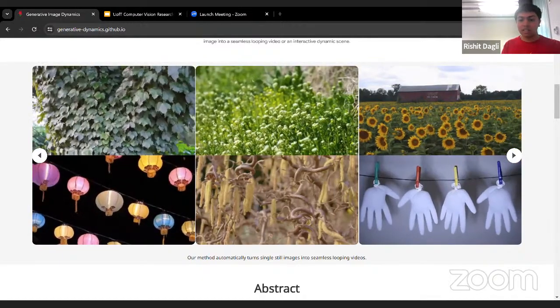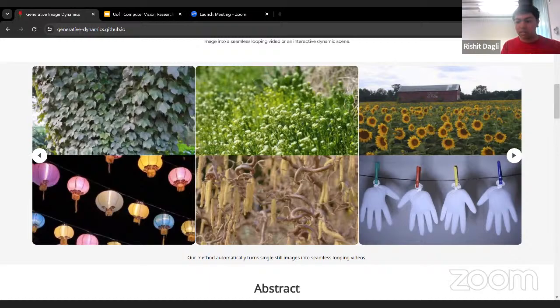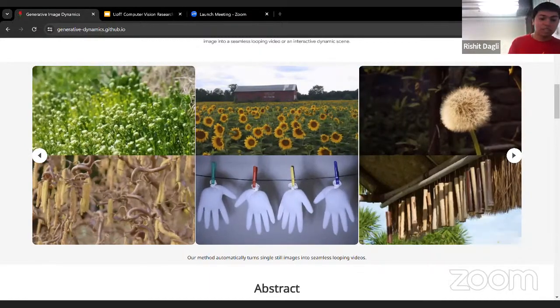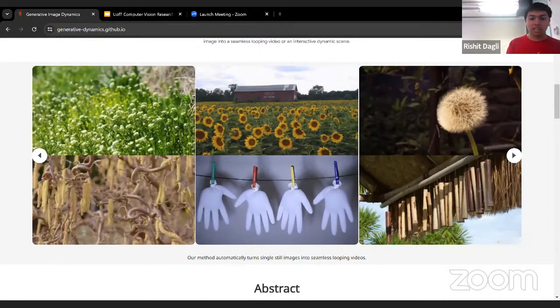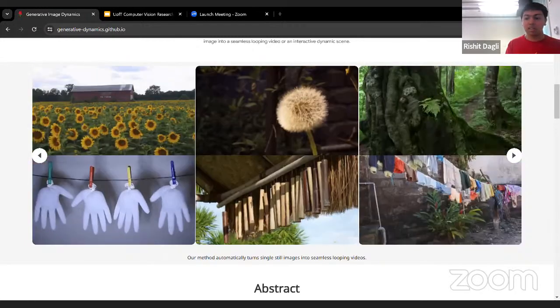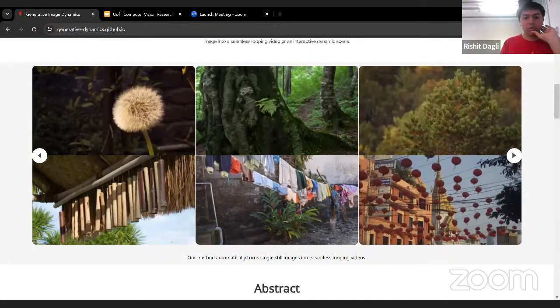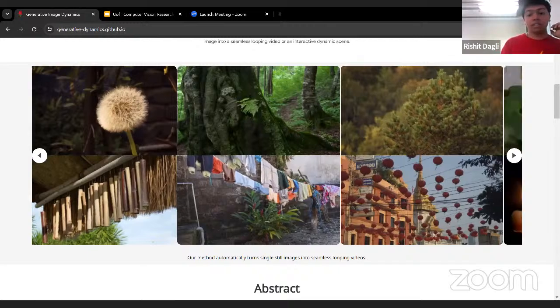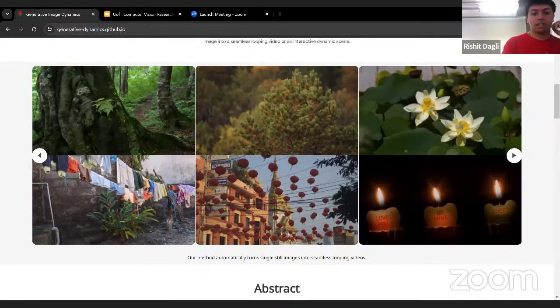And then they have their main method figure. So maybe it's of some use to go through this and see what they do. All of this is a latent diffusion model. You are starting with a latent.